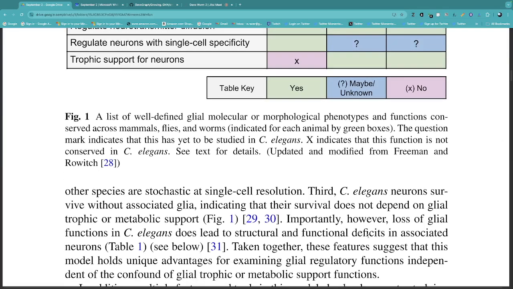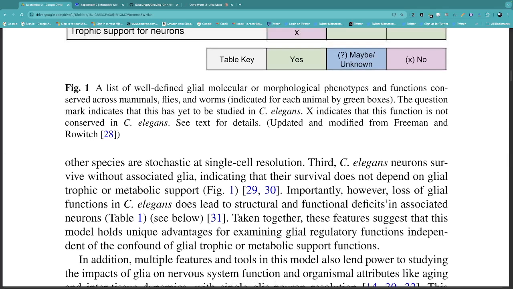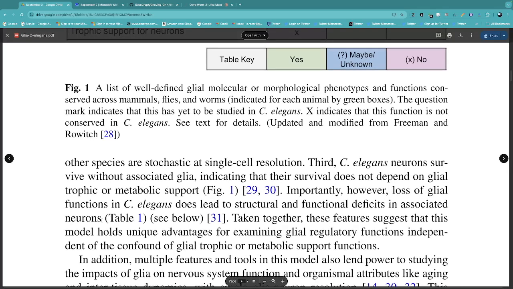Importantly, however, loss of glial functions in C. elegans does not lead to structural or functional deficits in associated neurons. So this is why neurons do not have to have glia. It doesn't result in any sort of deficit, and so this is all